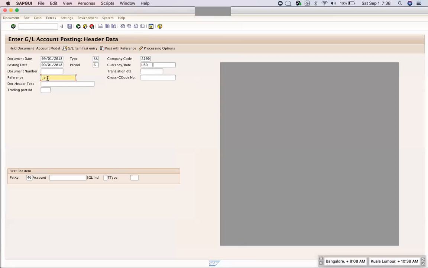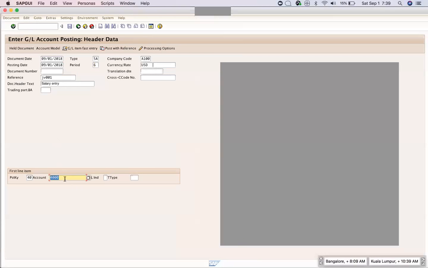Assume it is JV 001, we'll just say salary entry. Okay. In the back of my mind, I thought we have created one of the GL accounts as salary. We will just say it is a salary entry, and it is a very good day. It's the first day of the month, so obviously everyone is expecting a salary. So we will say 4,000. Okay, here